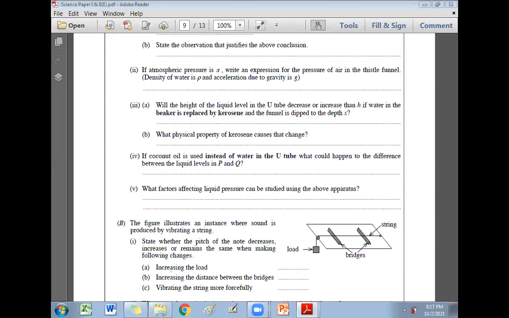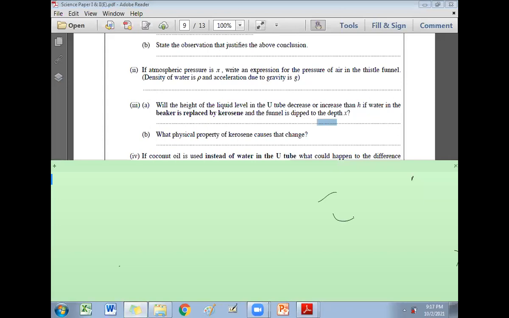Right. Okay. Is that clear? Okay. I will ask the answer from Ayad. Every time the same person raising the hand. Density. Yes. Answer is density of kerosene is less, lower than water. That is the physical property. If you write what is the physical property, density is enough. Right. Okay. Then next one. Next part, the answer.